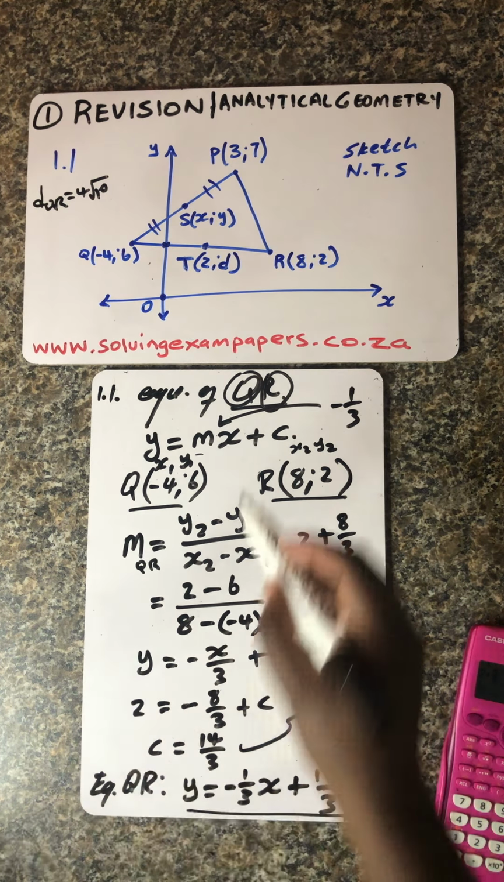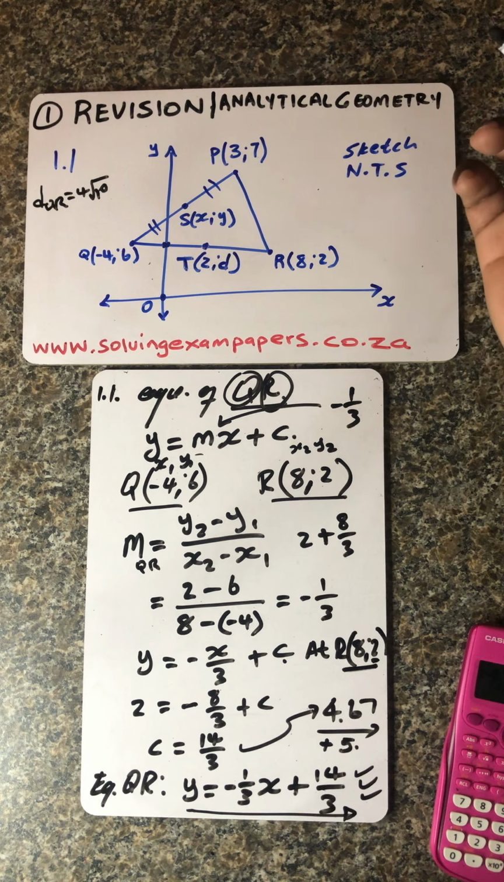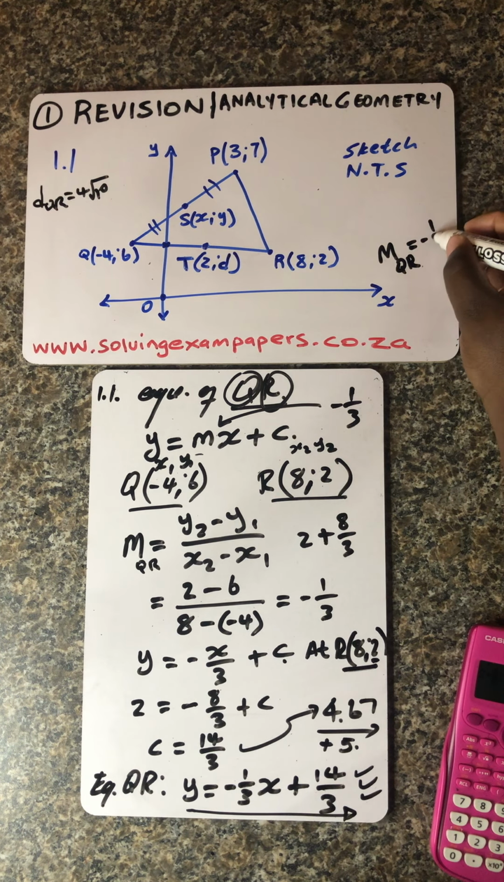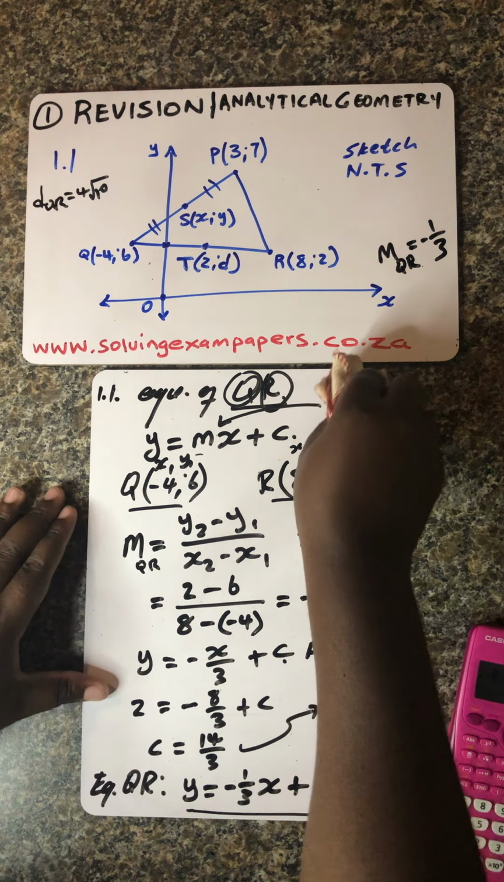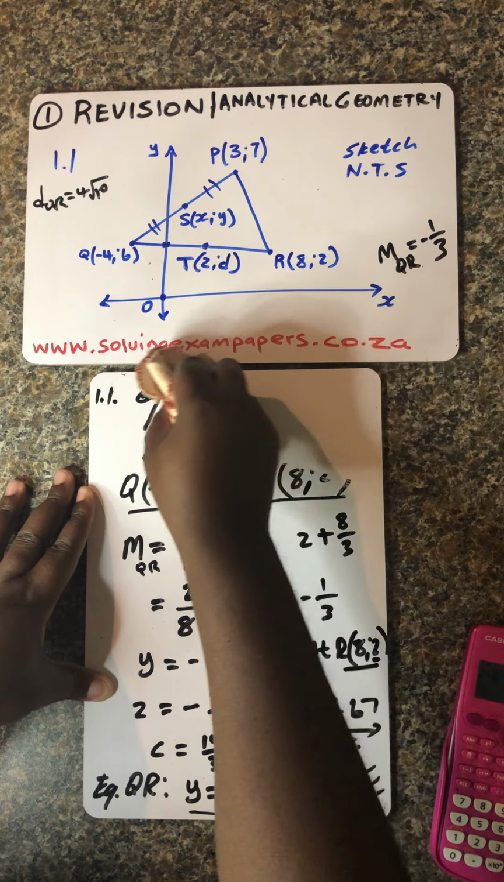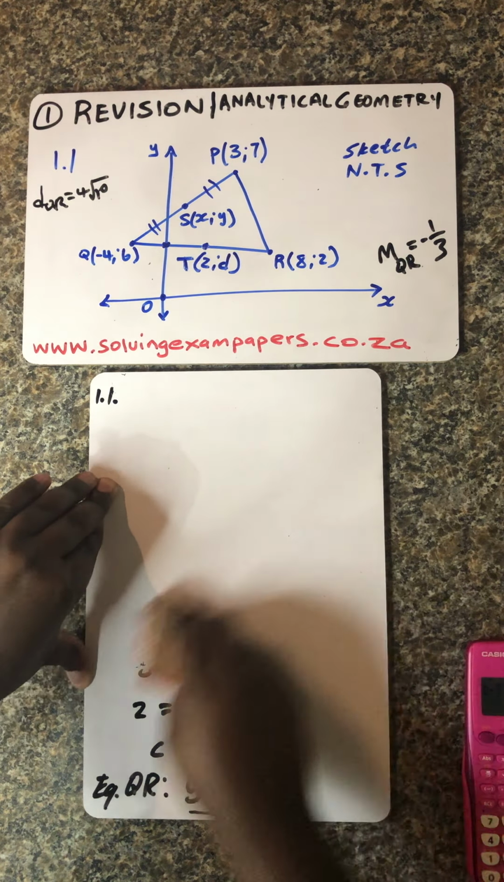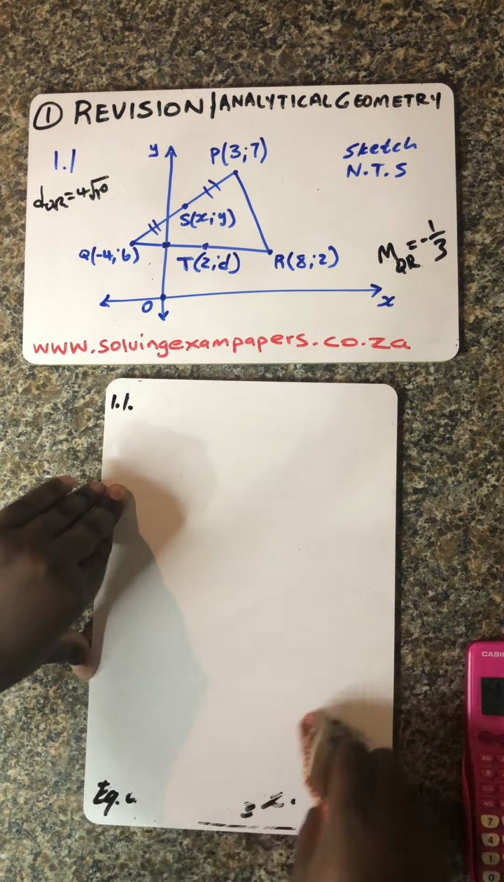Can I just write it down, let me actually just write the gradient. The gradient of QR equals -1 over 3. I assume at some point, in case we might need that gradient, we'll find it there, because surely I might forget, but I'm pretty sure that you've got some sharp minds. You always remember. So guys, let's now move to question